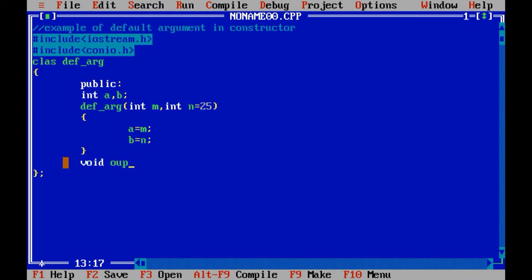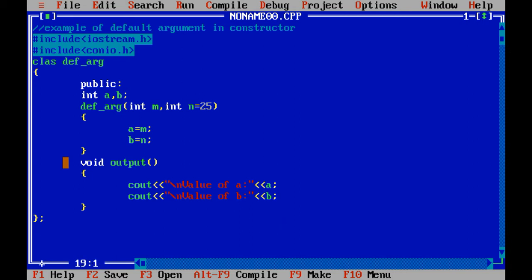void output. I want to print the value of a and b, so cout \n value of a, cout \n value of b.